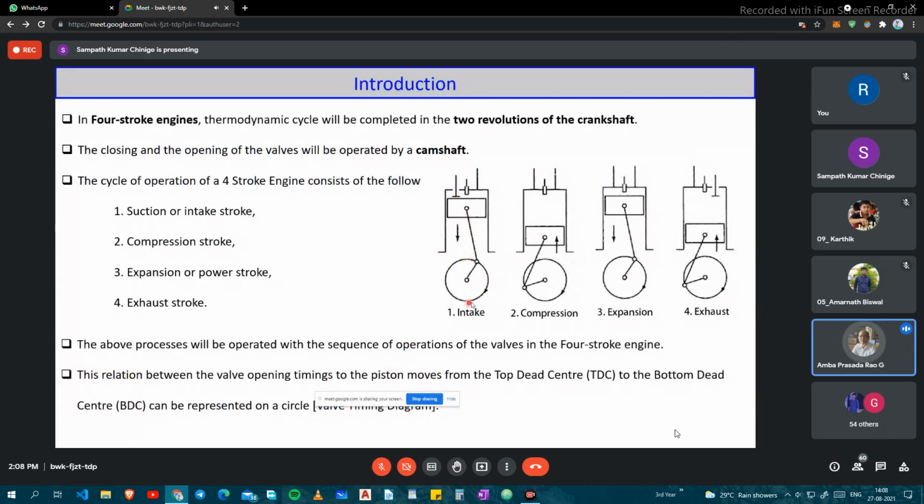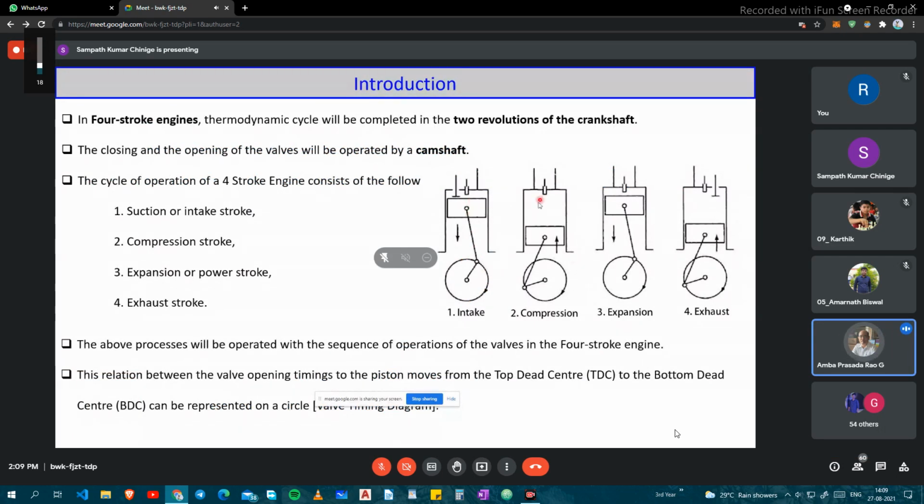So this valve is open and the piston is already on its downward path. Once the piston comes to the BDC, it would have completed about 180 degrees of rotation. The charge for a conventional diesel engine is pure atmospheric air. In a naturally aspirated engine, the atmospheric air is breathed into the cylinder as the piston descends from top dead center to bottom dead center, because of the pressure difference between the atmosphere and the vacuum you are creating.